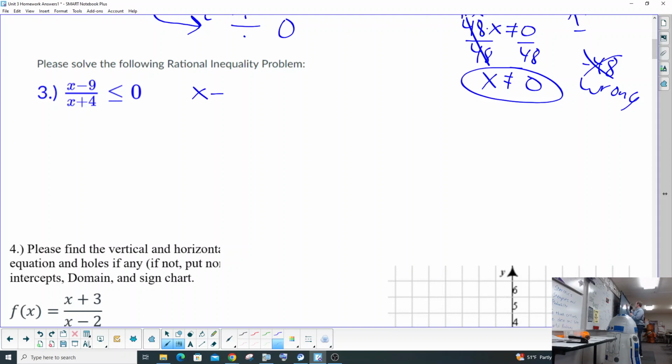So we are going to set the top and the bottom equal to 0. Now don't forget, if there's an equal sign, remember, in some of your note card, that means that the top is going to be a closed hole, which means we are going to include it. And that means that there'll be like a bracket. A bracket means to include it. Now the bottom, which is x plus 4,